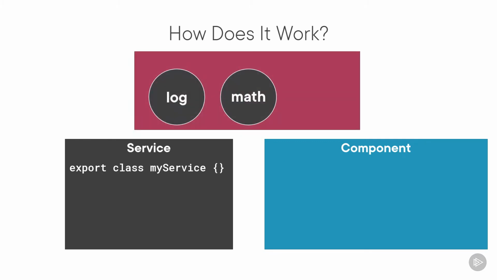Alternatively, we can register the service with Angular. Angular then creates a single instance of the service class, called a singleton, and holds onto it. Specifically, Angular provides a built-in injector. We register our services with the Angular injector, which maintains a container of created service instances. The injector creates and manages the single instance, or singleton, of each registered service as required. In this example, the Angular injector is managing instances of 3 different services: log, math, and myService, which is abbreviated